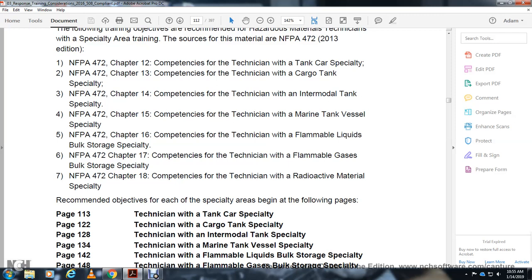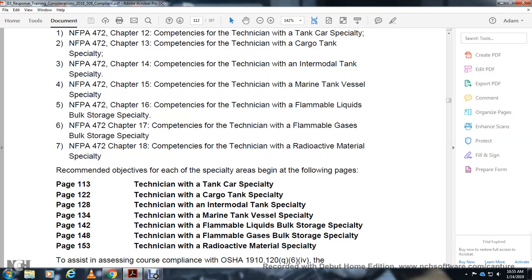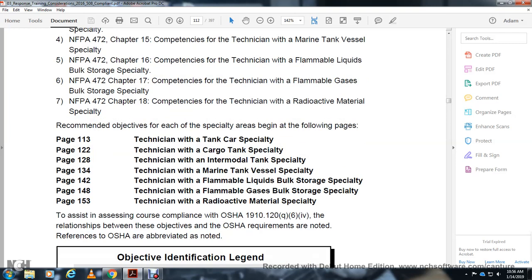Page 113, technician with the tank car specialty. Page 122, cargo tank specialty. Page 128, technician for the intermodal specialty. Page 134, technician for the marine tank vessel specialty. Page 142, technician flammable liquid bulk storage specialty. Page 148, technician flammable gas bulk storage specialty. Page 153, technician radioactive material specialty. To assist in complying with OSHA 1910.120(q)(6),